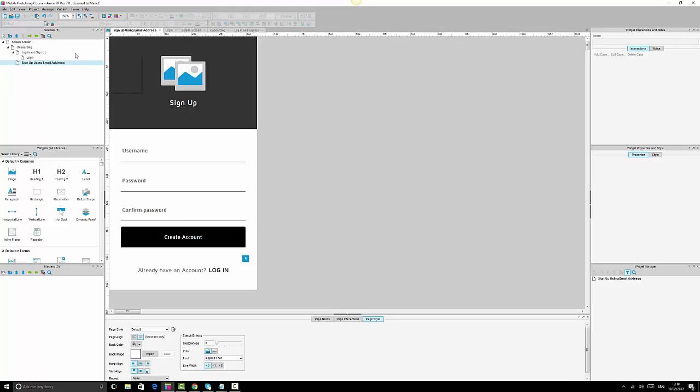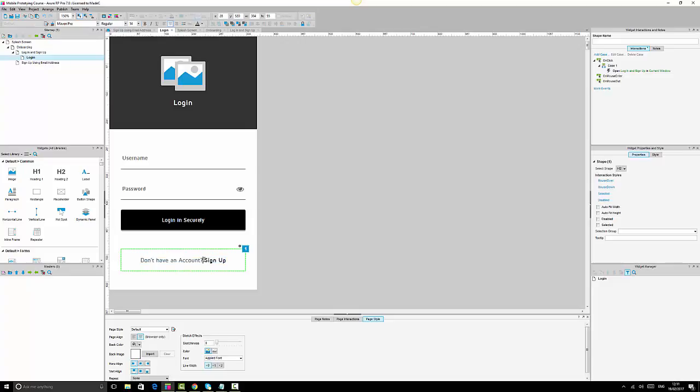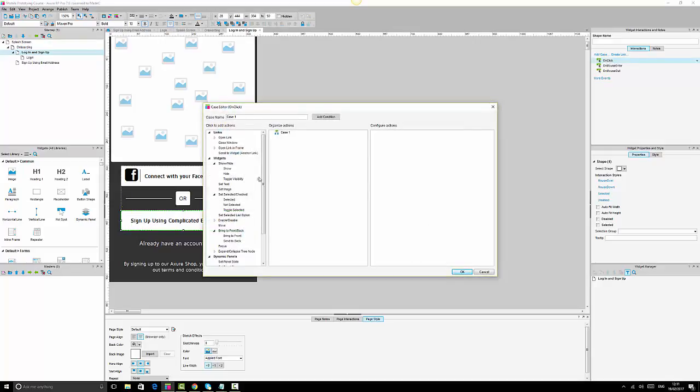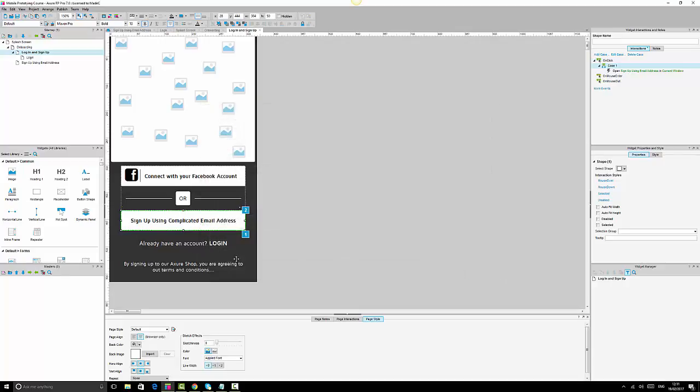So we might have to change the text of that sign up to capital letter so we are consistent. Sign up. What we need to do, we need to add a link here to this sign up using email address. Same thing, onboarding, on click event, open link, and we say sign up using email address, and we need to give it a name as well so that we don't forget. Sign up email